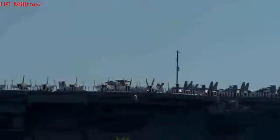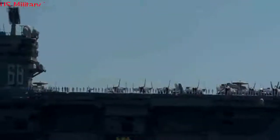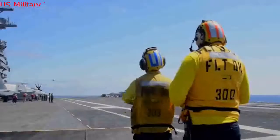Having a flight deck area of 4.5 acres, there is no comparison of the aircraft carrier with any other warship operating in contemporary times. The actual air deck of the Nimitz-class flagship measures 333 meters by 77 meters, while the runway length of the vessel is 300 feet. The airspace on the war vessel can be adjusted according to the nature of the mission to which the ship